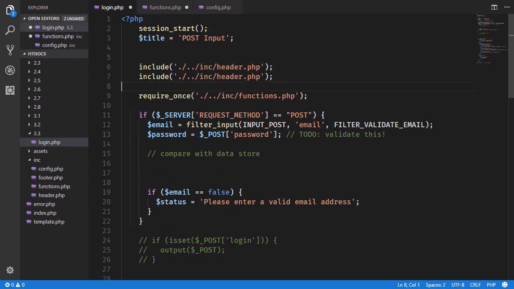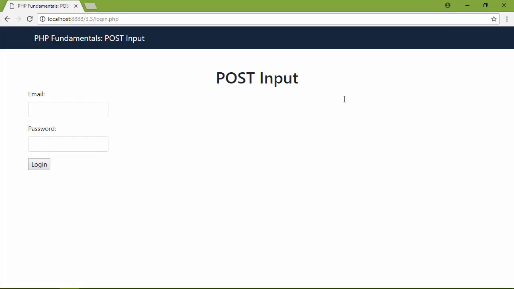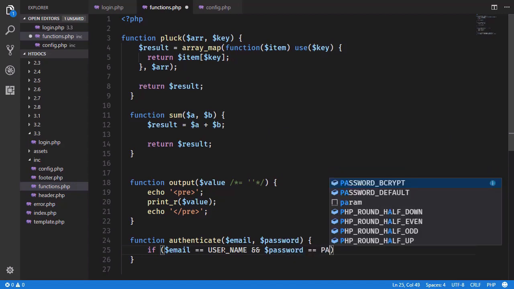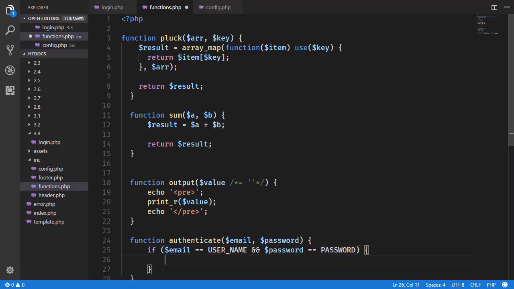So that's in the same path as our header. So let's go ahead and pull in config first. We'll pull in header, and that will also mean that we have that information inside of functions. So let's go to our functions, and we are going to do this. We can say if email equals user name, and password equals password, then we can return true